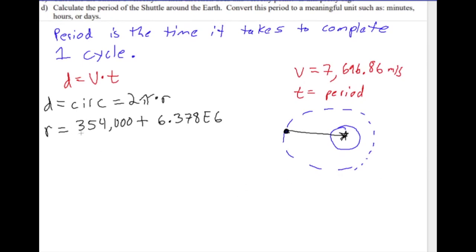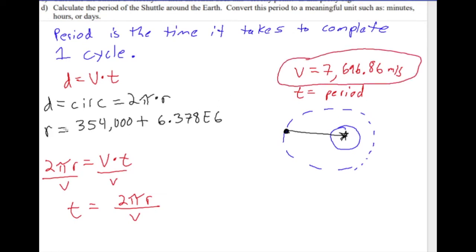I'm going to go ahead and rearrange this equation a little bit. So instead of D, I have 2 pi r, which is equal to velocity times period. I'm solving for period, so I just divide by V, and I find out that my period should be equal to 2 pi r over V. Plug in all the numbers that we have above. Here's our V. Here is our r value. And then pi, we know, is just pi. Once we do all that, we figure out that our period should be equal to